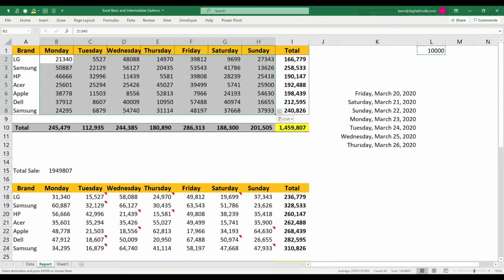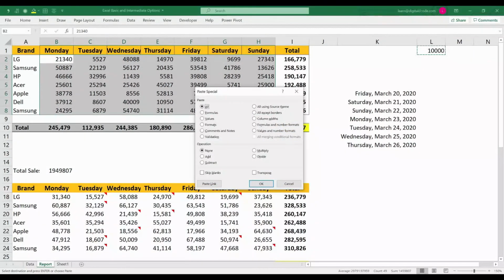So this is the paste special option. You can do either multiply or subtract, and also divide. We also have two more options in paste special, that is transpose and skip blank.